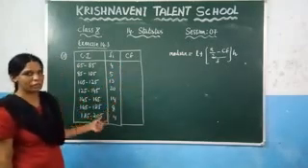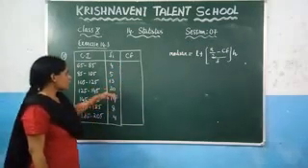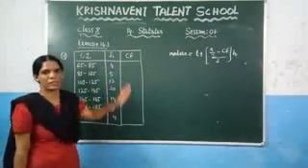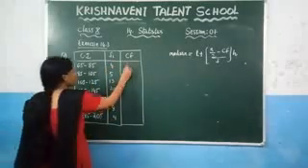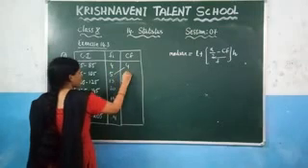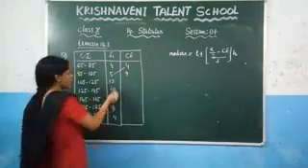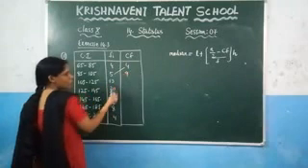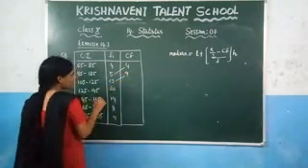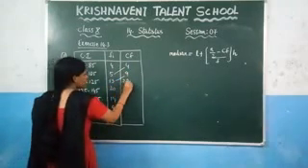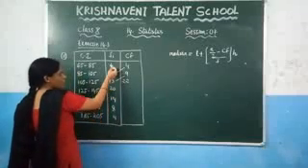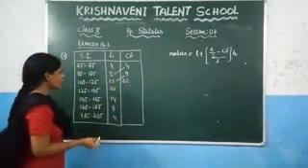How do you write the cumulative frequency? By adding the sum of the above frequencies you will get the cumulative frequency. So write it here 4, and add here 5 plus 4 which gives you 9. The same thing we are doing here, 4 plus 5 which gives you 9. And after that 9 plus 13, what do you get here? 22, which is nothing but 13 plus 5 plus 4. Directly we are adding here.